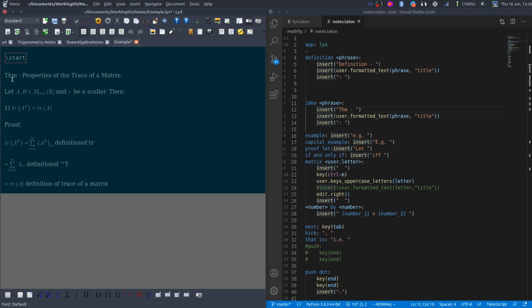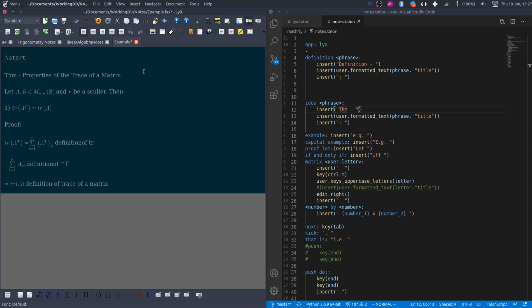One of the things I did, many times I have to dictate theorems. So I have it set up here. This is a command where I say idea and then I say any phrase, and it will insert the word theorem with a dash, and then it will format whatever the name of the theorem is in a title format, so that all the major words are capitalized, and then put a colon at the end.